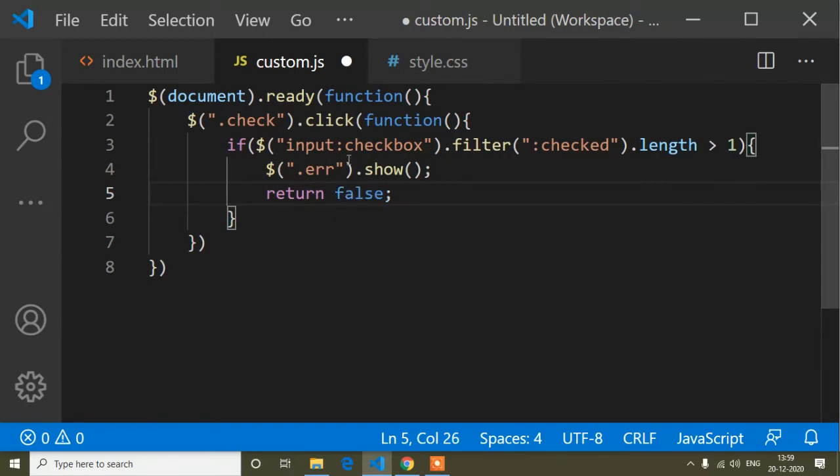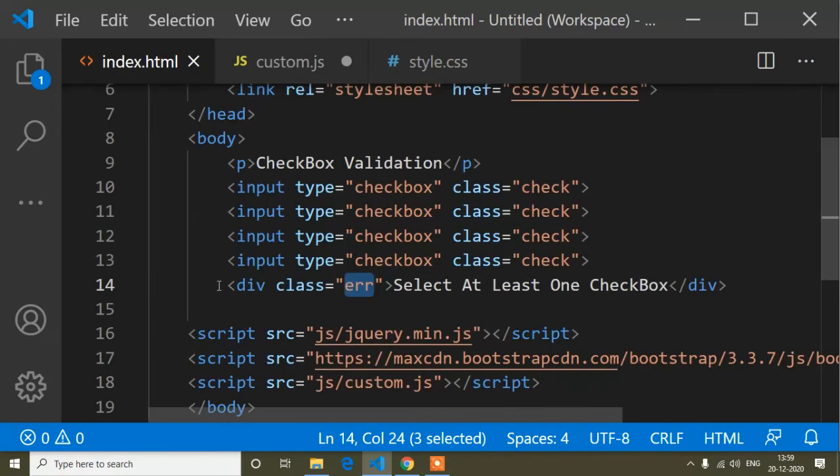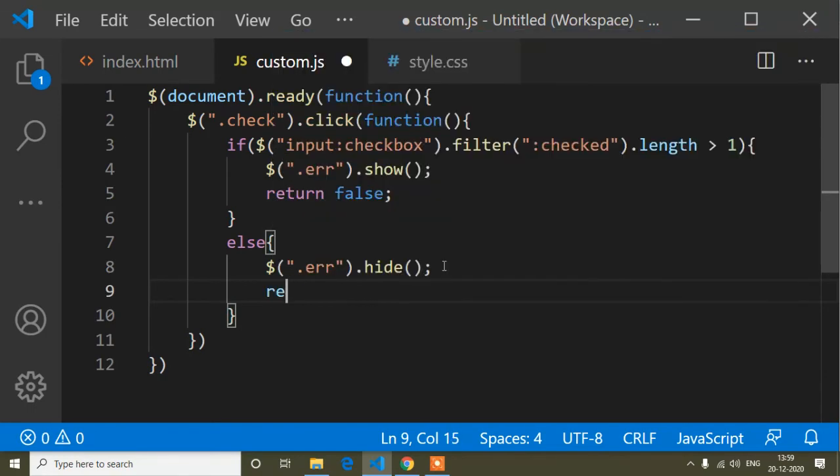If you write only return, not false, it will do the same work, because return is false by default. So you can write return false or only return as per your choice. And in the else part I have to remove this error. So I will copy this one, and here I have to write error will be hide, and return is true.